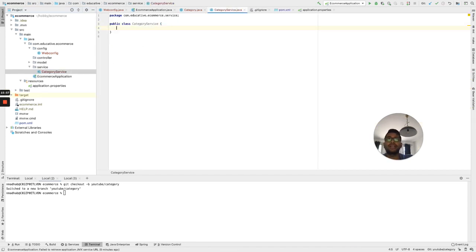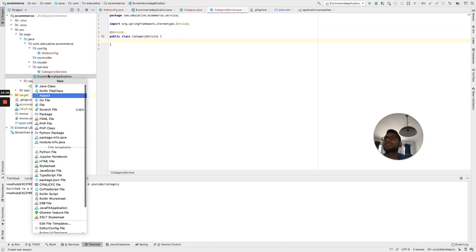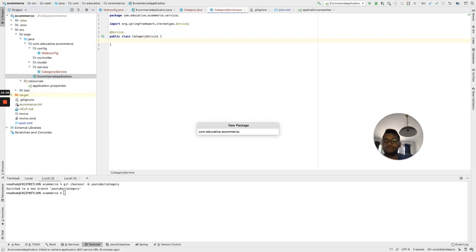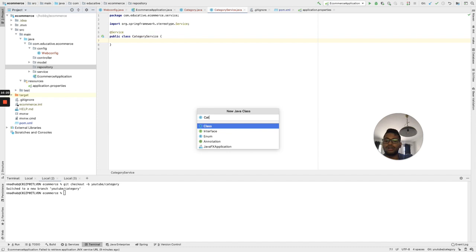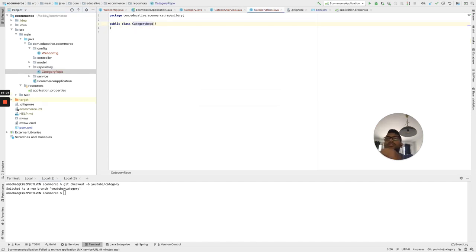First we will create some category, so we have to annotate it with the Service annotation, and also we have to create one package for repository. So we will create a Java class called CategoryRepo.java.